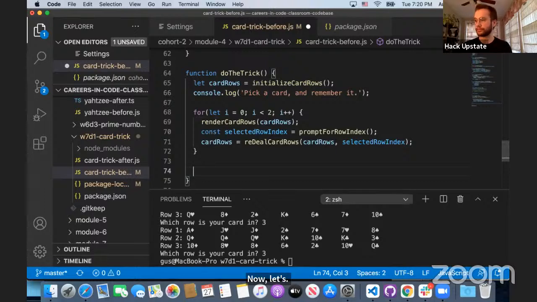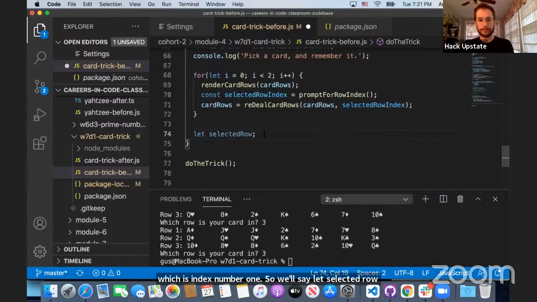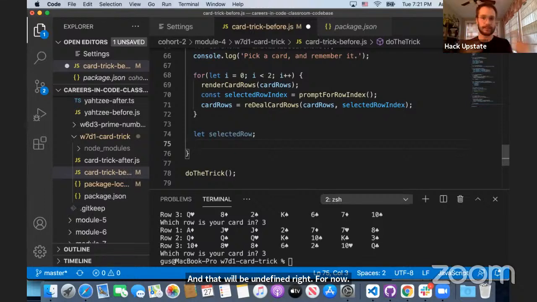okay. We do this until the card is in the middle row. So at least one more time, and until the user has not selected the middle row, which is index number 1. So we'll say let selected row, and that will be undefined for now. And we're going to loop basically forever. It really should never be more than 2 more times. But if the user is kind of forgetting which card it is and they just keep putting in random numbers, the trick will probably never end because it will just keep shuffling